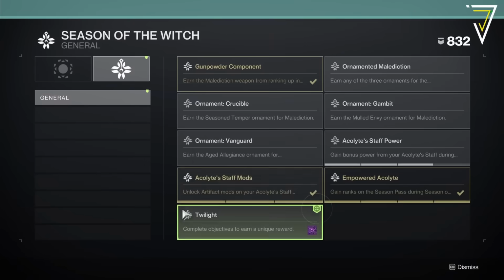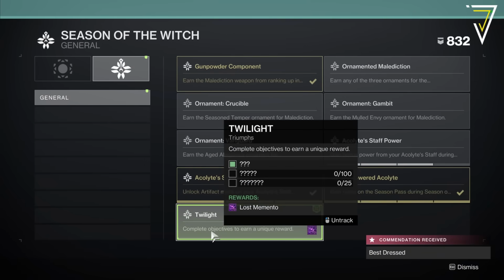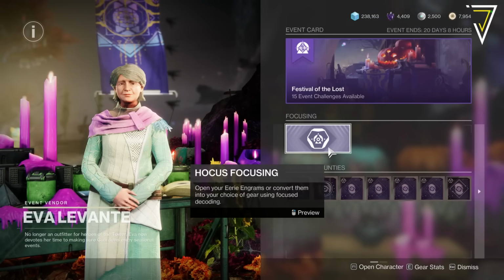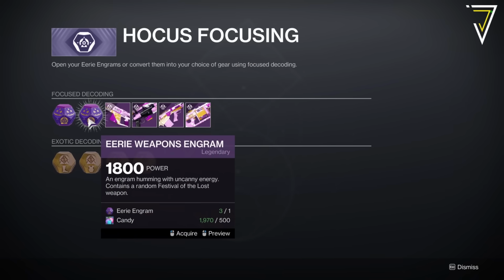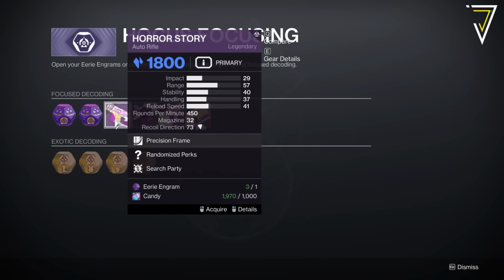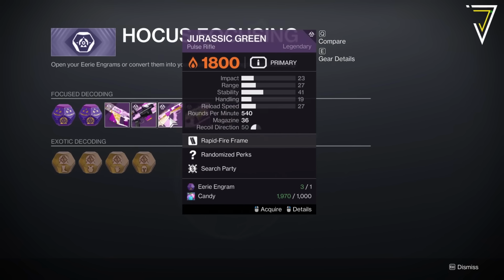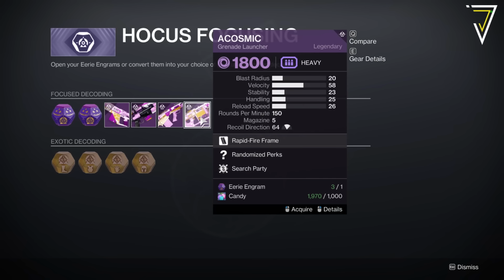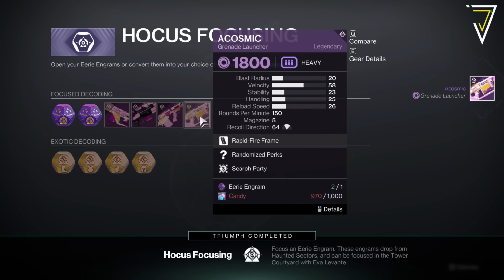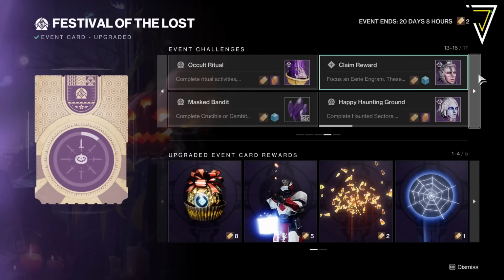Now, as for the second objective, to complete this, you need to defeat 100 combatants on Neomuna whilst wearing the Nimbus mask. And to earn the Nimbus mask, you need to focus a single Eerie engram. You'll be guaranteed an Eerie engram when completing a haunted sector, and you'll likely at least earn one by completing the opening quest. So with that engram in hand, if you visit Eva Levante and go to Hocus Focusing and choose any of the Festival of the Lost weapons, this will complete that triumph, granting you access to the Nimbus